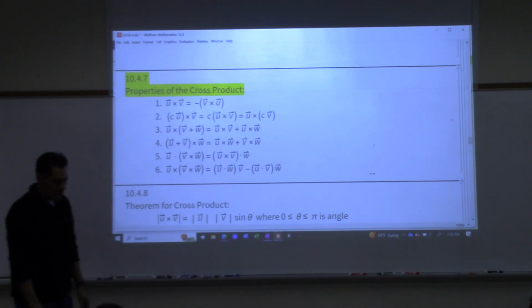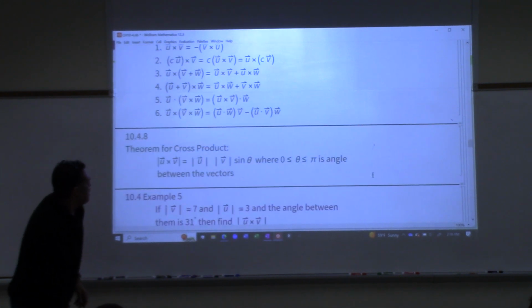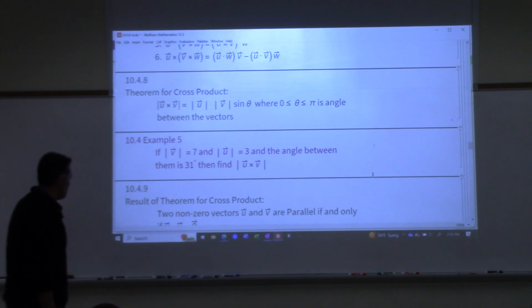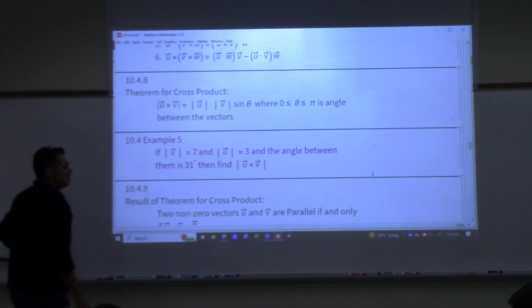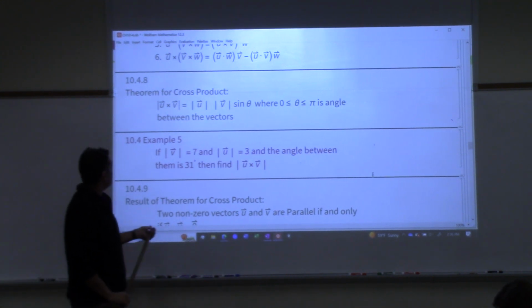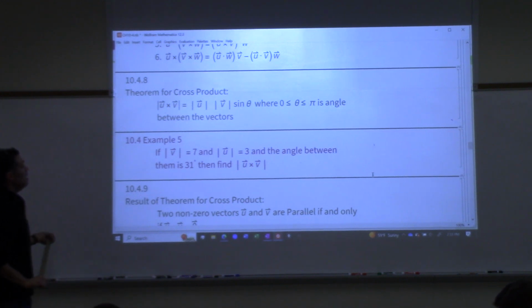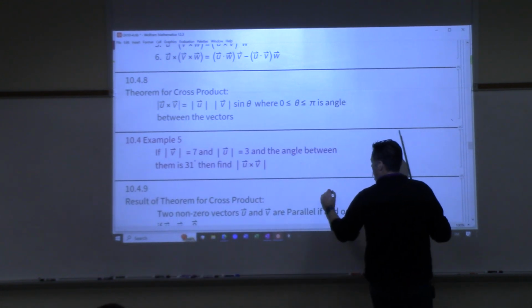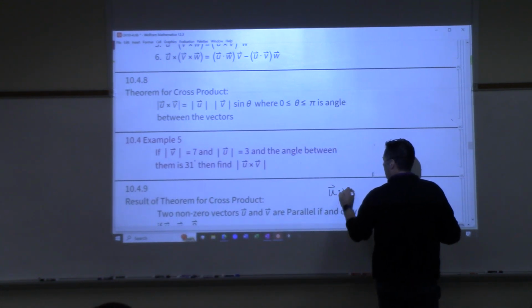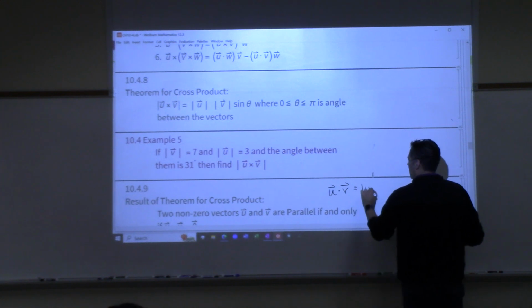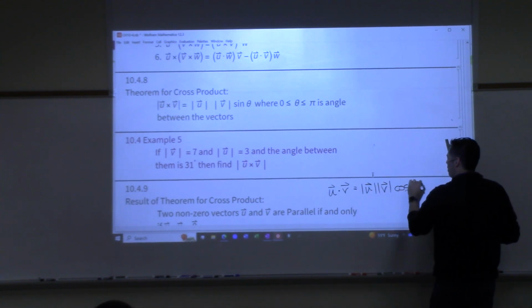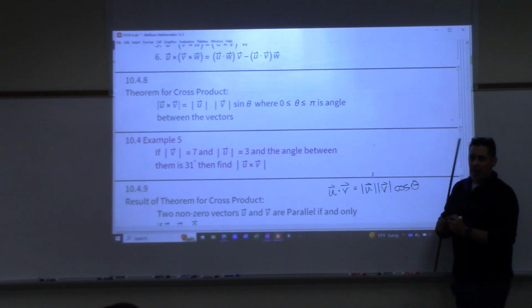All right. And then that will leave me at a good place for us to continue this next week, right? Yeah. Wow, okay. All right, so the theorem, remember we had the theorem for the dot product. For the dot product, we said if you take U and you dot it with V, it's the same as taking the magnitude of U, magnitude of V, cosine of the angle between. That was from last class, dot